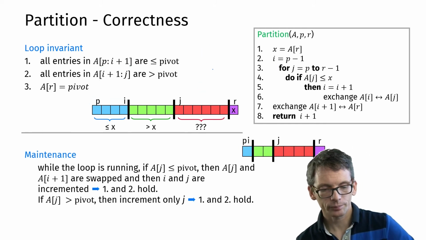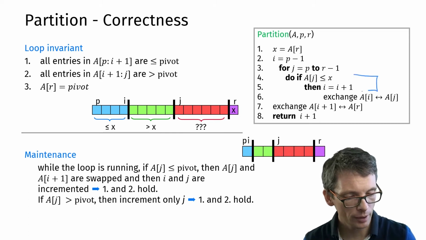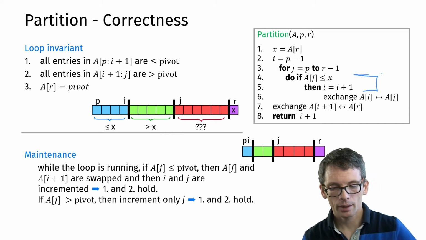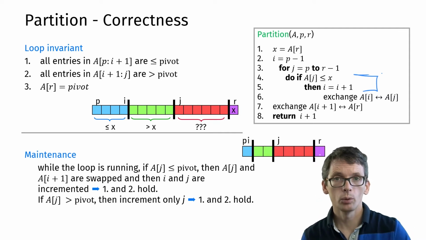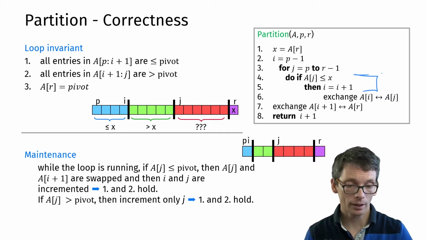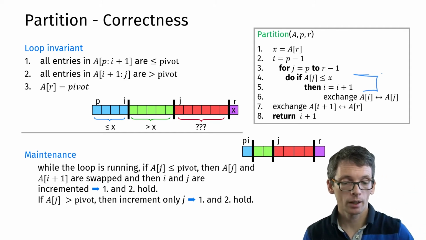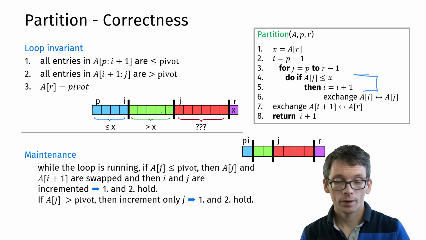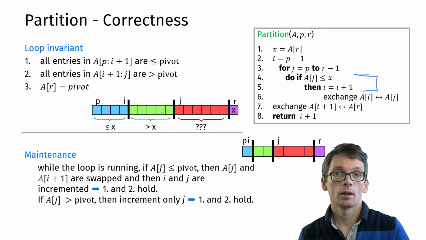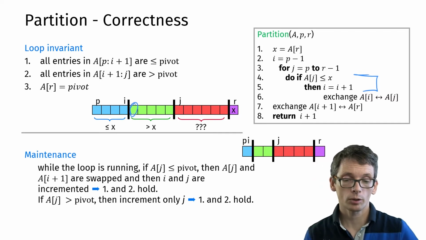Maintenance. For maintenance, we have a case distinction because we have an if statement here. And in both cases, we can check that, again, blue and green are maintained correctly. The simpler case being that if the element is larger than x anyway, simply adding it to the green part is fine. If it is smaller, then by swapping it with the first green one and moving i by 1,